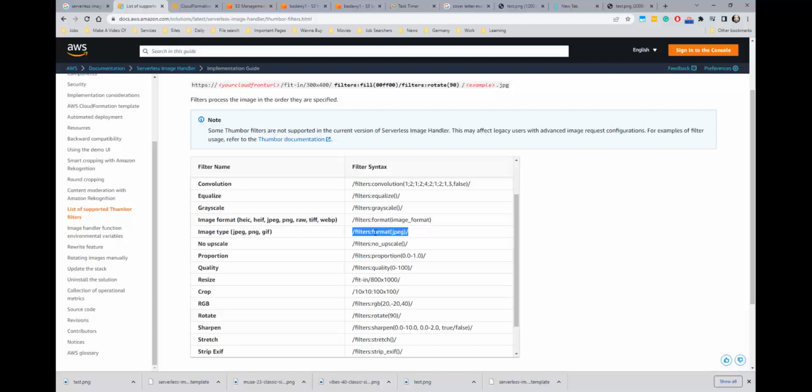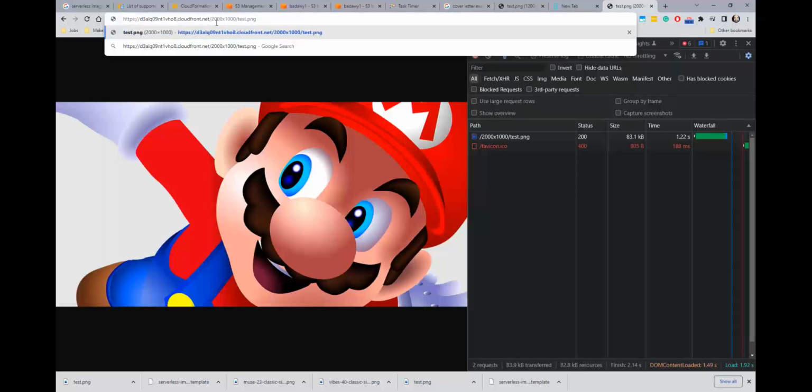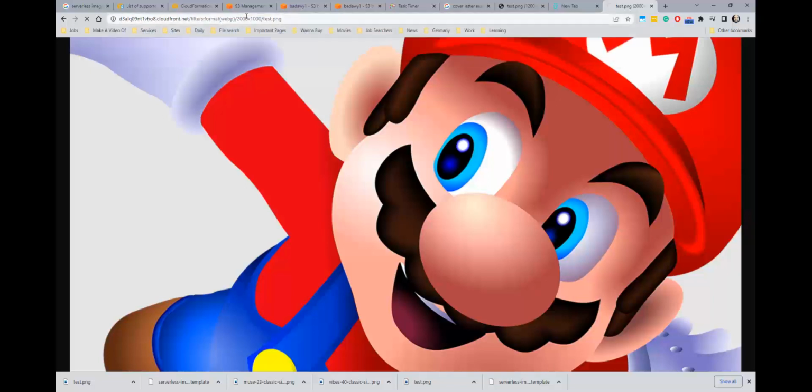Normally we use file format webp. It's a very small image. It's the best image extension you can get after PNG. Okay, so we can do one thing, webp. Notice the URL. We are not changing the URL extremely. We are just adding small filters to it. So for example, filter format webp, and here,